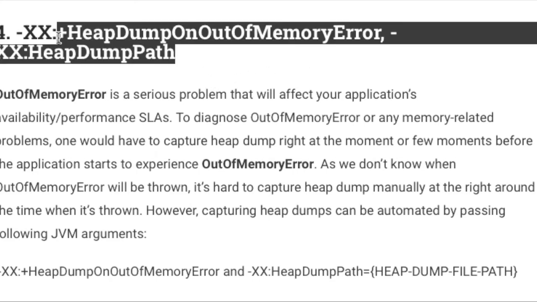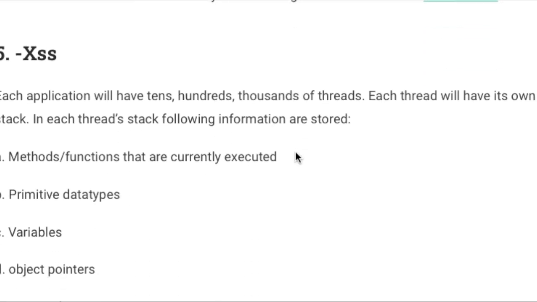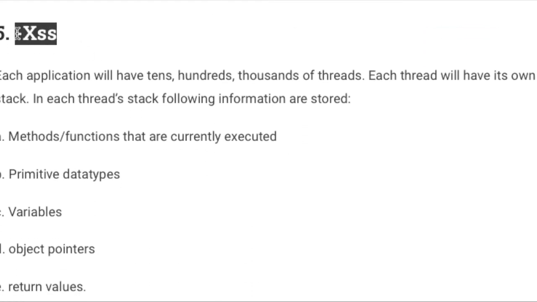So now, how to find out what is the error, when the memory failed, which object is taking more memory. I'm just saying generally, there are multiple things which are taking memory, which service, which request. So to find out these, we need these arguments, so that at the time of memory failure, or some seconds before, we get all of the logs starting from that point till the failure, and we can analyze it in more detail.